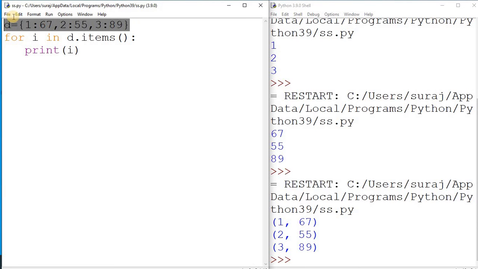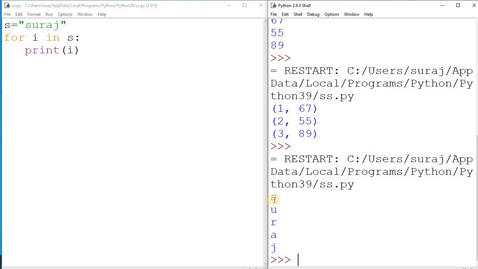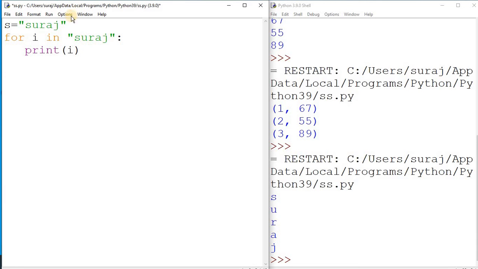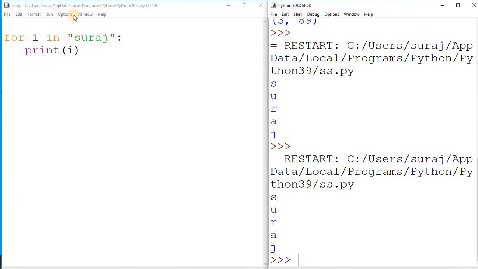Now we go with one more example. I want to show how you can print string values. Suppose here I am writing my name. So here you write I in S. Now we check the result. You see my name is coming character by character. First it will show the first value, then second, third, fourth, fifth. So in this way it will print. Or directly here also I can write the string, so there is no need to write the variable. And then we check it out. Again you will get the same result.